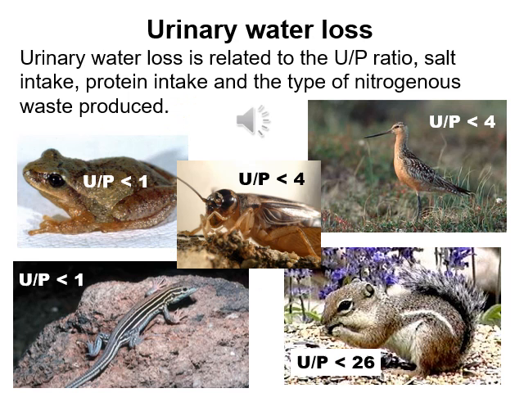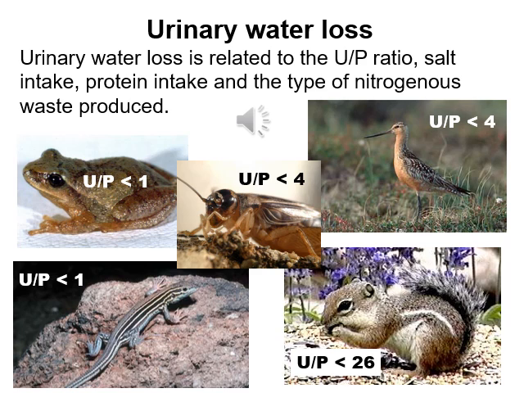Urinary water loss is related to a number of factors, including the UP ratio, salt intake, protein intake, and the type of nitrogenous waste that an animal produces. In terms of the UP ratio, remember this is the osmotic concentration of the urine relative to the osmotic concentration of the plasma. A high UP ratio indicates that the animal can produce a very concentrated urine and thus conserve